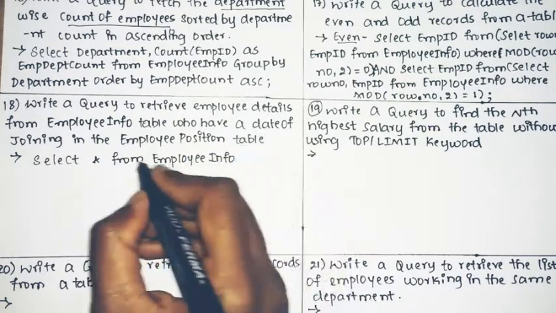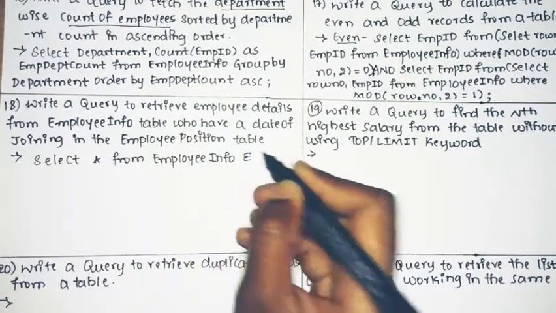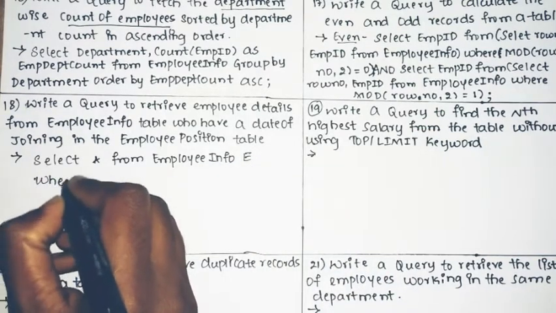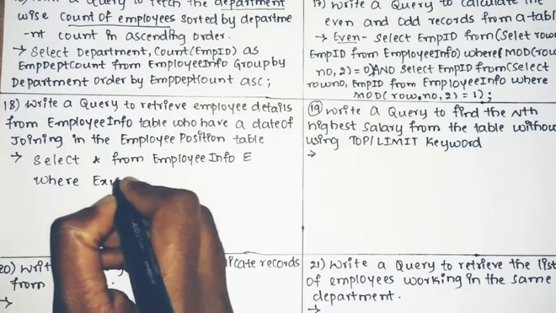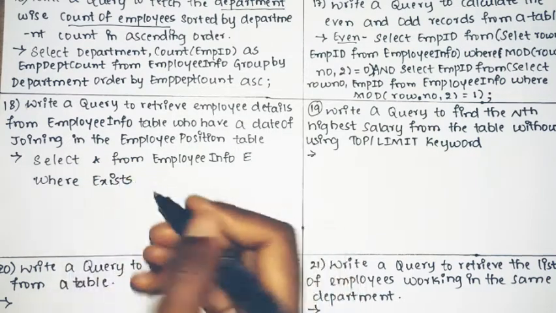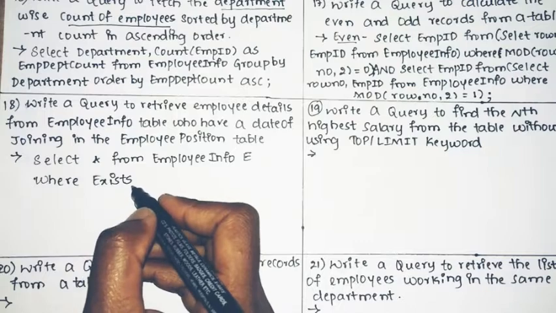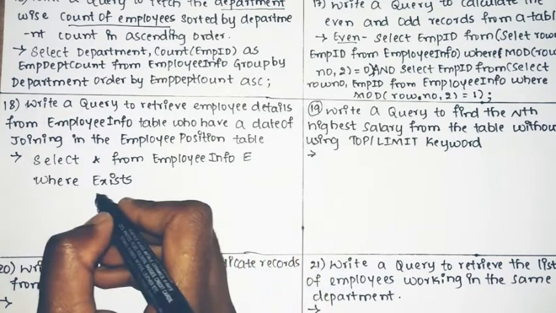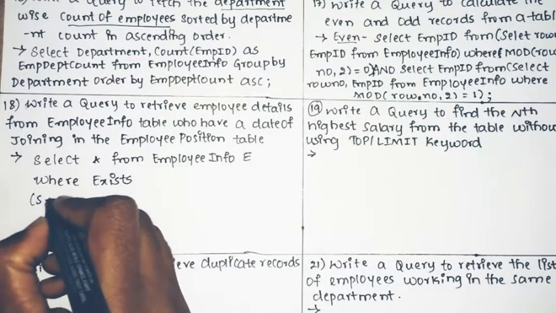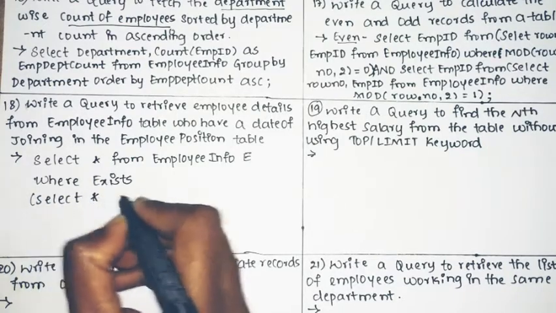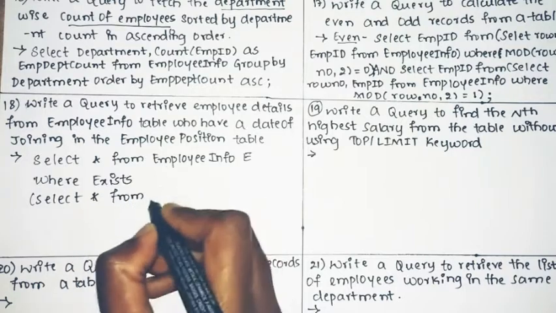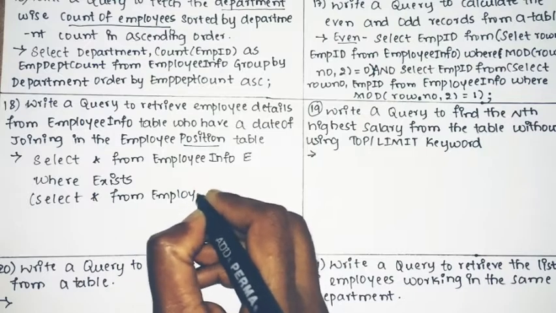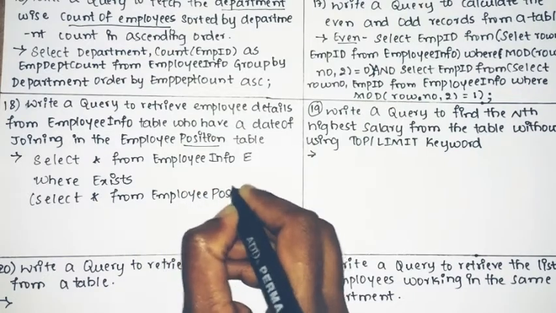So from employee info, consider E, from employee info E where, followed by the keyword EXISTS. EXISTS is a keyword which is used to check whether a row is present or not. So where EXISTS of select star from the position table. We need to check in the employee position table, so select star from employee position